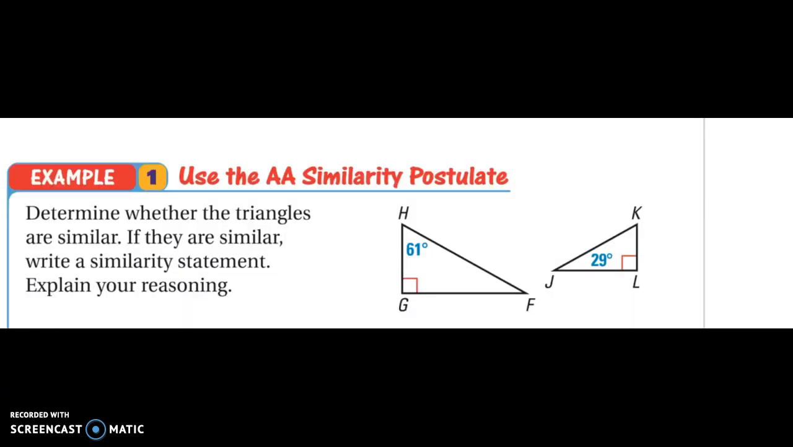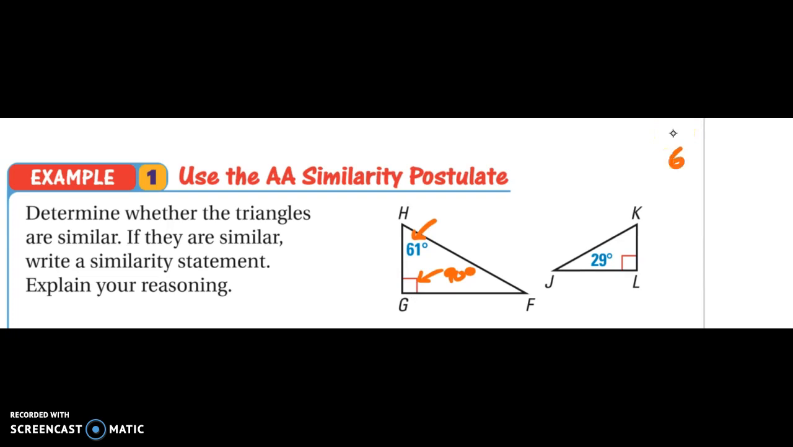Okay, so in this example, we're asked to determine whether the triangles are similar, and if they are similar, write a similarity statement. Here we can see that this angle right here is equal to 90 degrees. If we're familiar with the sum of the interior angles of a triangle, we know that all three angles add up to 180. So since H is equal to 61 and G is equal to 90,